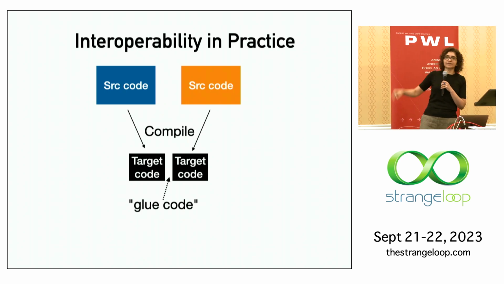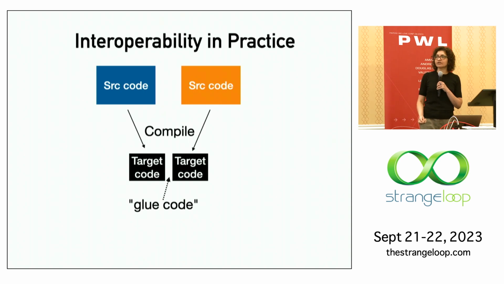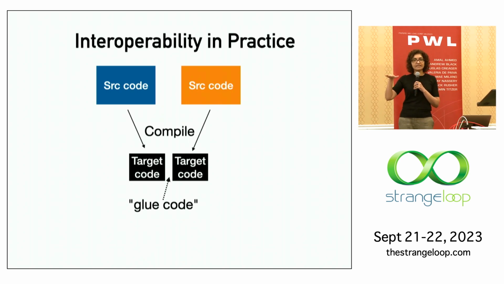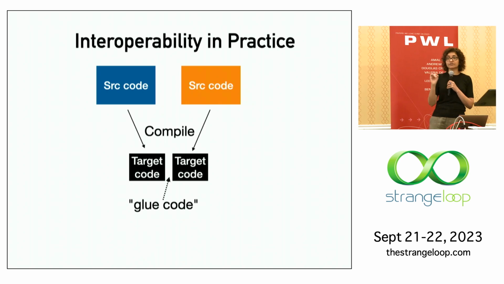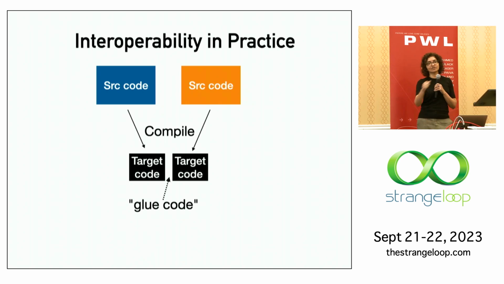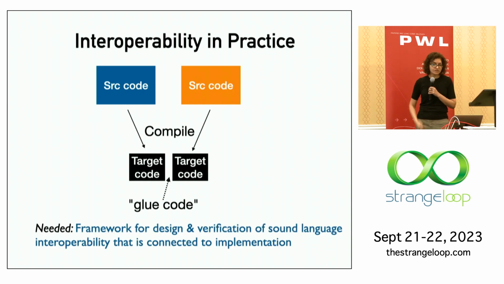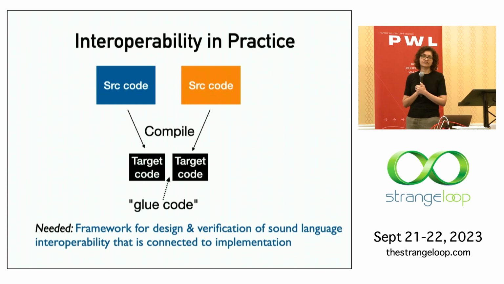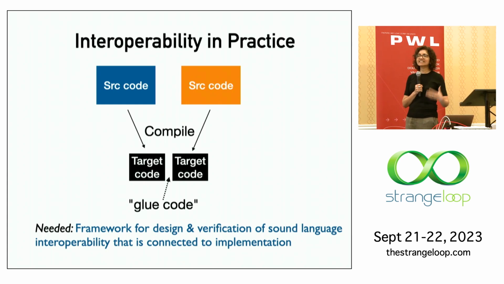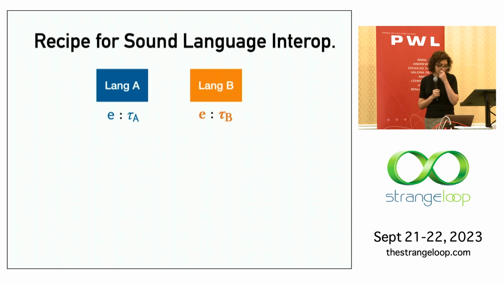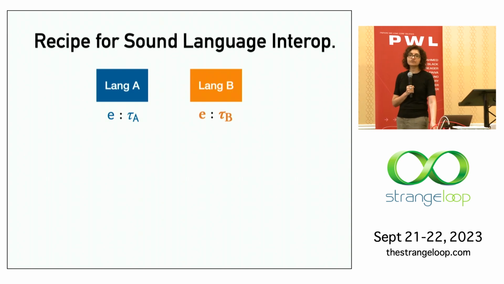So for this particular picture, how do we show safe interop? That question hasn't really been answered, and it can't be answered if we only continue to work at the multi-language semantics source level. Even though that is so critical to understanding what's happening at the source, ultimately we'd like to go further and say that we have verified FFIs. So we need a framework for design and verification of sound language interop that's connected to the implementation. We need to take Matthews Findler multi-language source-level work and connect it to glue code at the bottom. So I'm just going to quickly end by showing you an approach, a framework for doing that